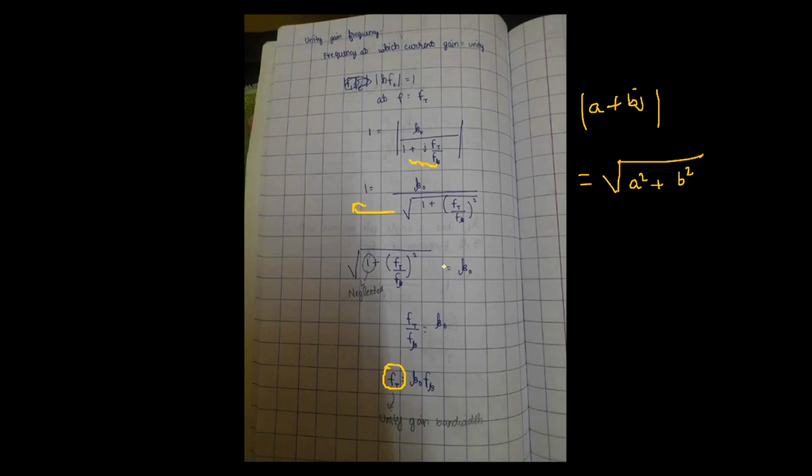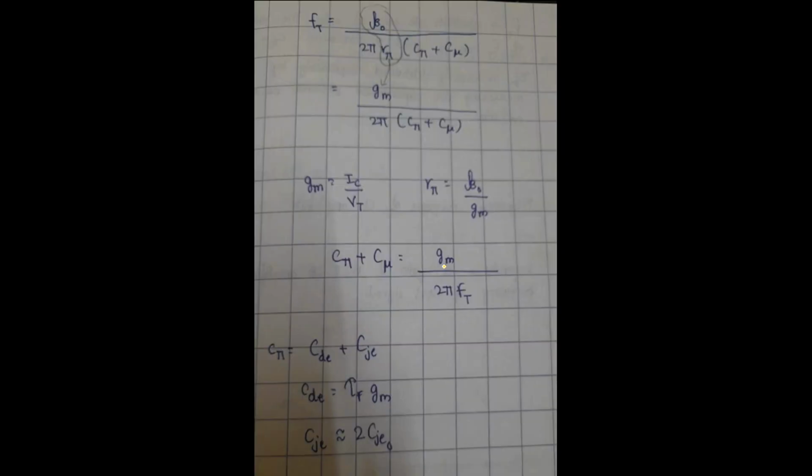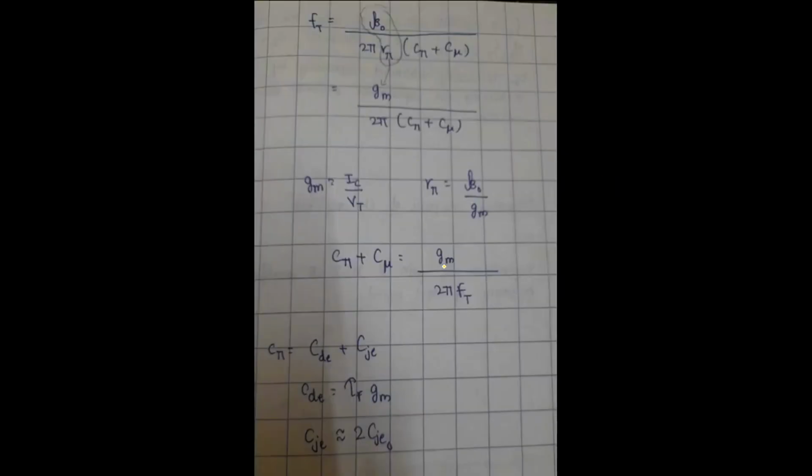So that is about unity gain frequency, and we already have covered most of this. We have covered the formulae for gm, r pi. Okay, so the next topic that we are going to be covering is